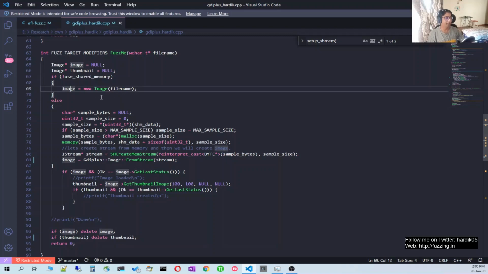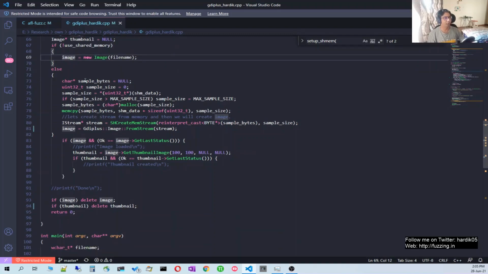And in case we are using shared memory, then we need to do some operations. Basically we will take one byte array and one integer value which is a size, and we will fill that byte array. We will read the data from the shared memory, copy that to our byte array, and then pass this byte array as an argument to a function which converts it to a stream. So we'll basically use a stream going forward if we are using shared memory. This is the change we need to do when we are using shared memory, and I will be quickly walking you through that.